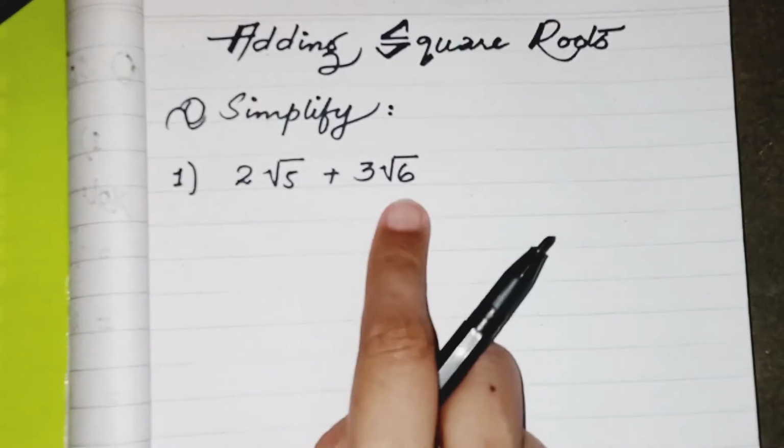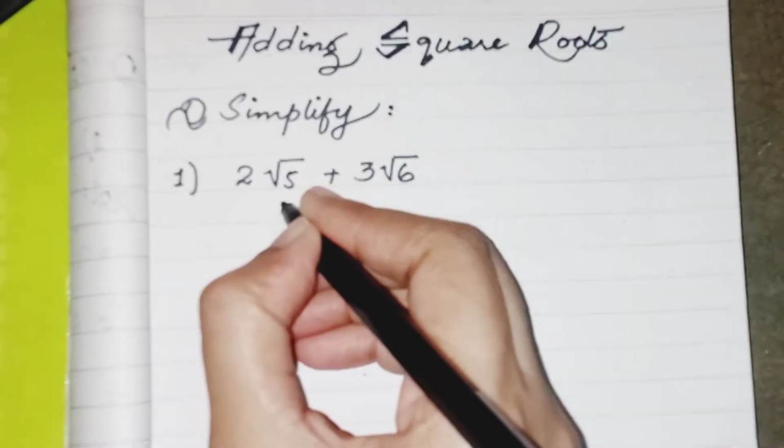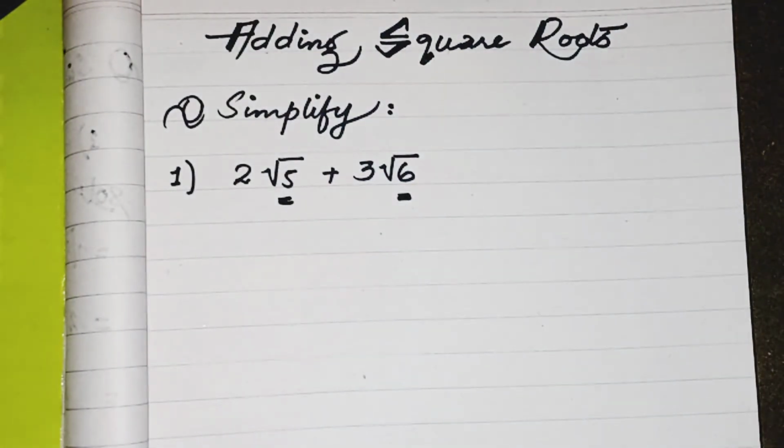For adding both of them, it is necessary that both root values are the same, which shows that these root terms are like terms. In algebra, whenever we have the same variable with the same power, it shows that two terms are like terms, and the same variable with different powers or different variables with the same powers are unlike terms. Similarly, with roots, the same root values are like terms, and terms having different root values are unlike terms, so we cannot add them unless we can solve those roots